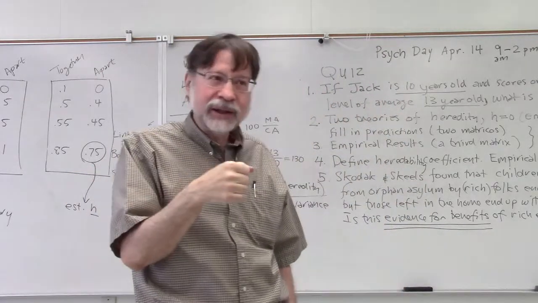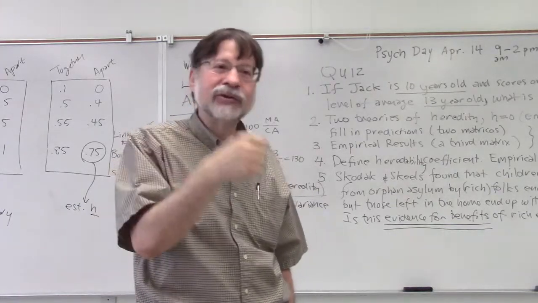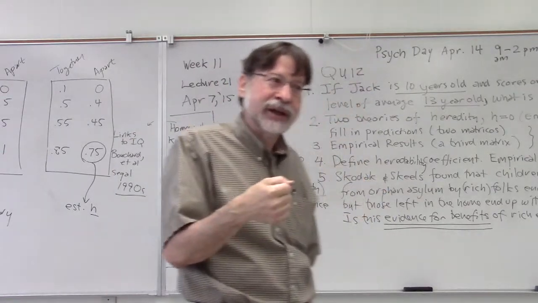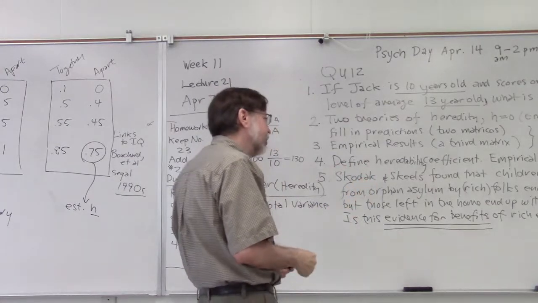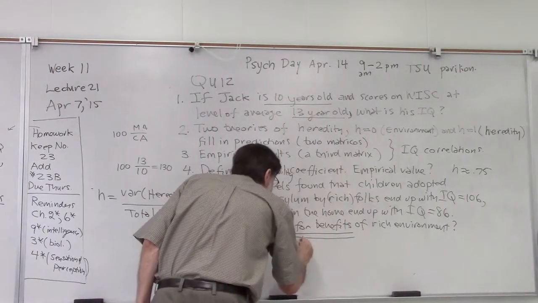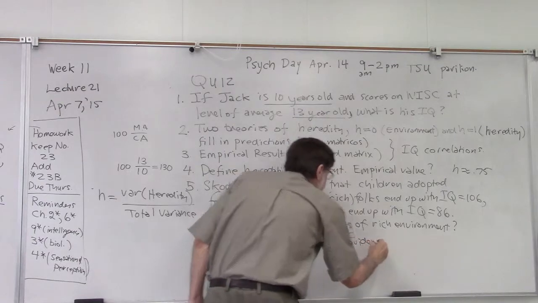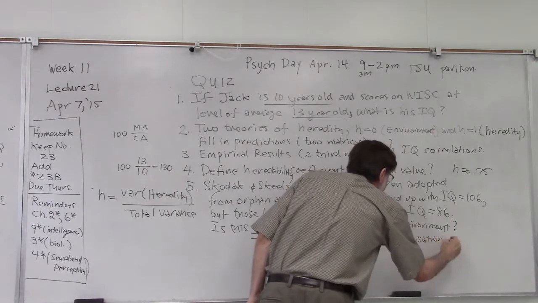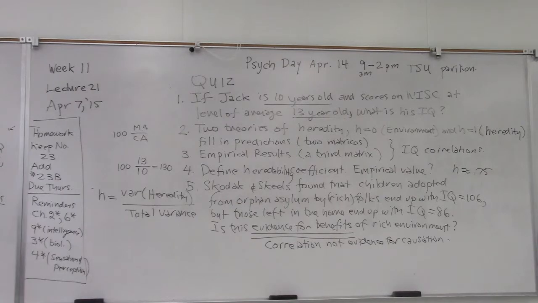So it could be the kid who's smart gets adopted, not the kid who's adopted gets smart, right? You don't know whether A caused B or B caused A, or some third factor C caused both A and B, or none of the above. So a correlation is not evidence of causation. But to convince politicians, you don't need real evidence. And so this had a huge effect politically.